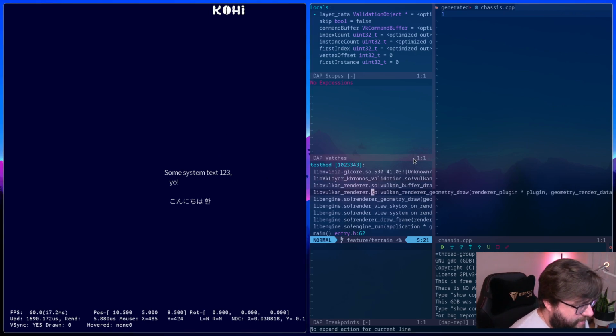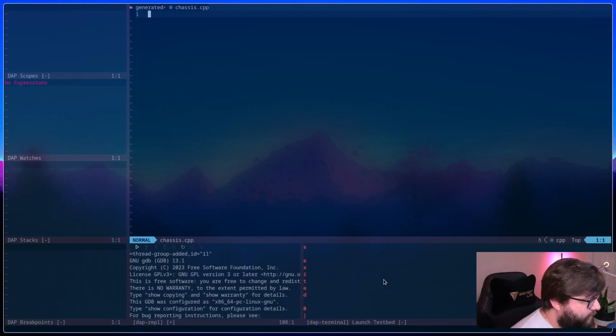So I'm going to go ahead and actually kill this. And this is probably something I'm going to need to address, is our console sort of gets shrunk down a little bit here. So I guess it's not really great that it is sort of shrinking our window. So we may actually have to address that.